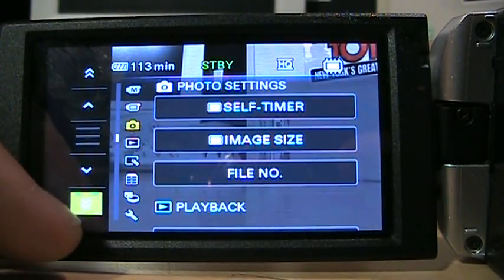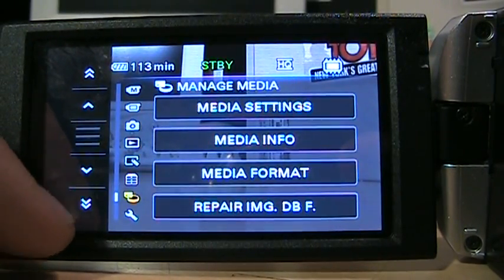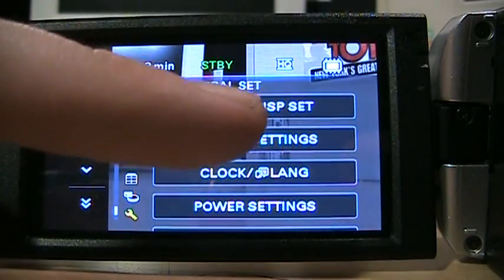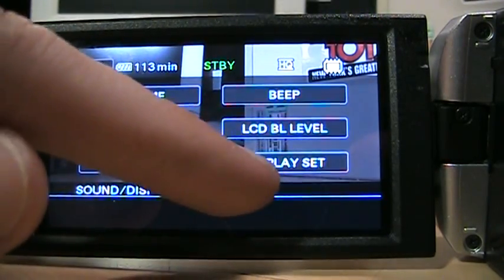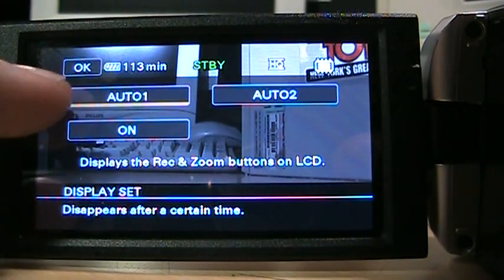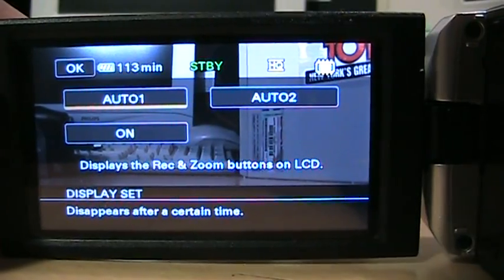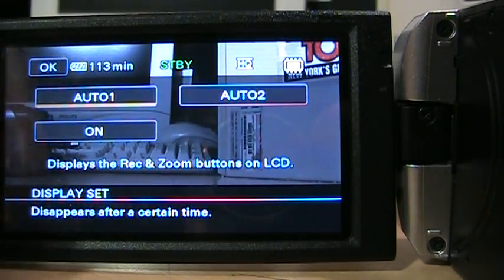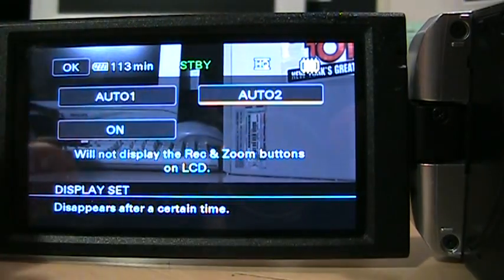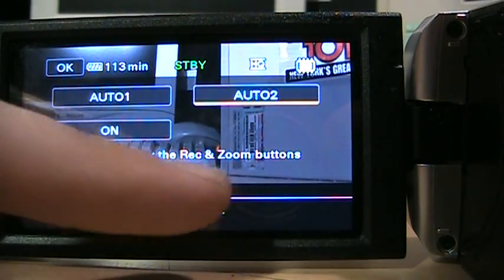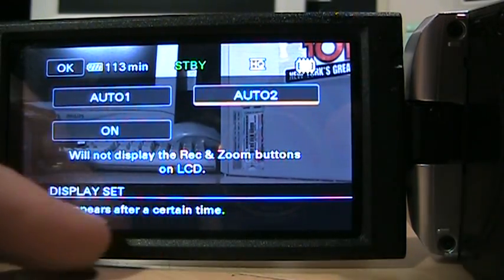scroll all the way down to general set, and then sound disp set and display set. Normally it's set to auto 1. You see, it displays the recording and zoom buttons on the LCD, and it also makes the display disappear after a certain time. Now auto 2 does not show those buttons, and it still disappears after a certain time, so